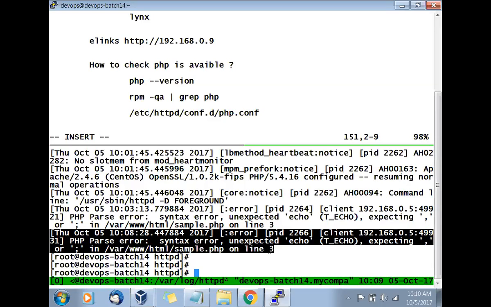All the details are possibly available. Clear? So it is giving all the details to you. Now you have to search not exactly on 3 lines, but maybe 1 or 2 lines above, 1 or 2 lines below. Okay, so maybe there is a possibility of 1 or 2 more errors there. So check all the errors. Is that clear? So this is how you have to troubleshoot the web server problem.